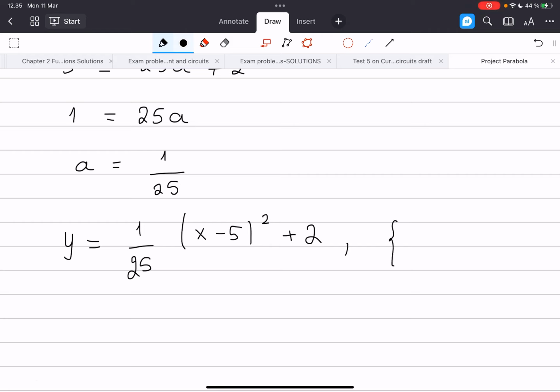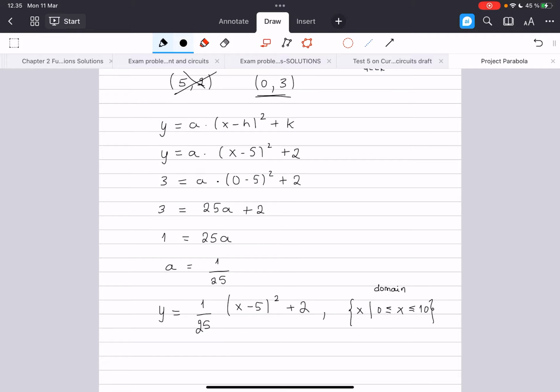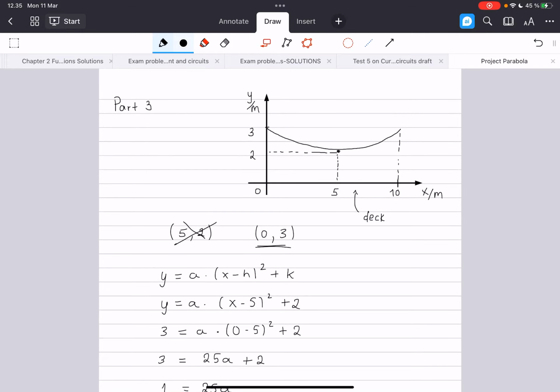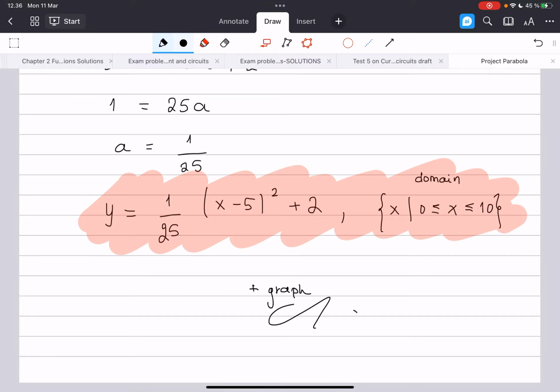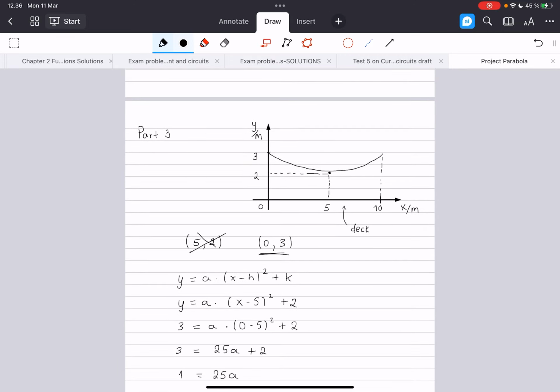What's the domain? x such that 0 is less than or equal to x, which is less than or equal to 10. Just so you can give the domain of the function that you just found. So you would have to report your way of finding it, the method, the final answer that you have, and the domain, together with the graph that you get from Desmos. And that was the answer to part